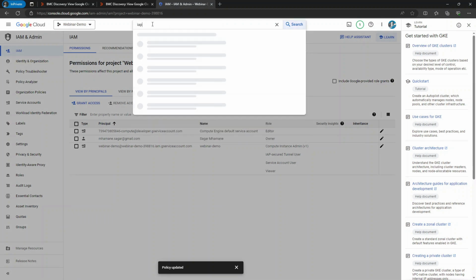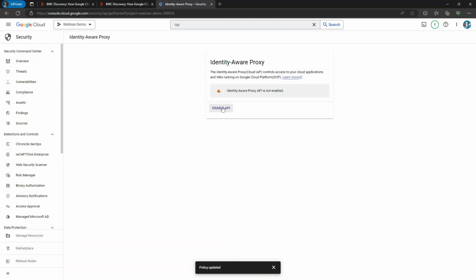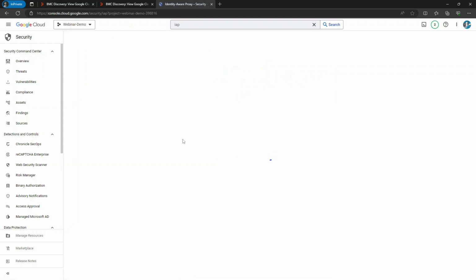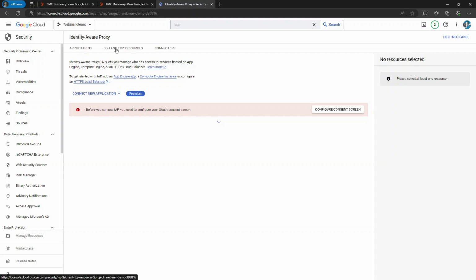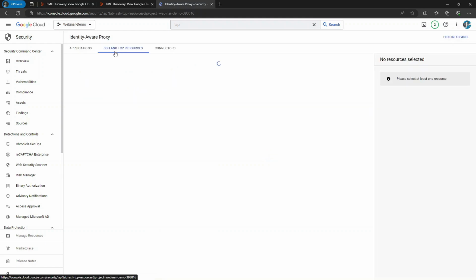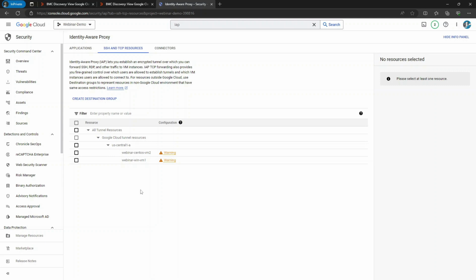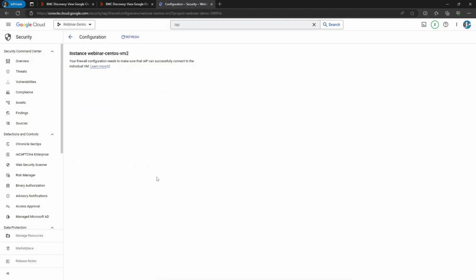Now let's go to IAP and enable IAP. Enable the IAP API. Once it is enabled, go to the IAP console. Click on the SSH and TCP resources. IAP is now successfully enabled. However, we still have a warning appearing in the configuration section. That is because the firewall rules which we talked about in the prerequisites are not yet met. So we are going to edit the firewall rule and configure it to allow the IAP traffic. So click on Edit Firewall,